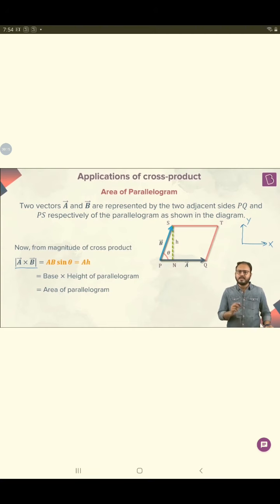Two things you will learn now. First thing is that choice. Curl your fingers from I to J, X to Y, and the thumb should give you Z. That means Z will be coming out of the screen towards you. How do I draw that on paper? With a beautiful sign convention of dot. This is Z. Dot